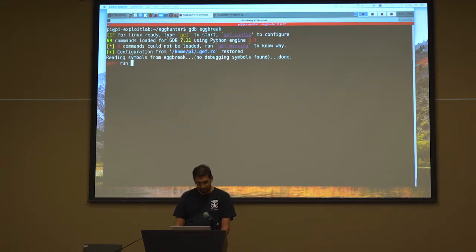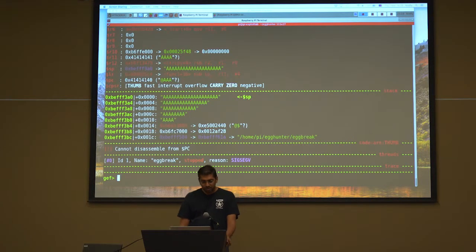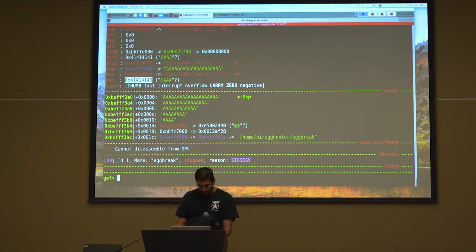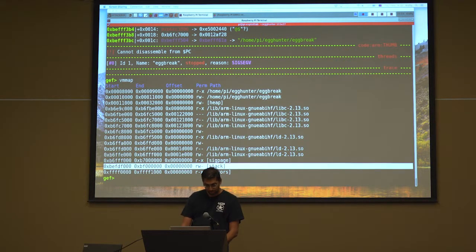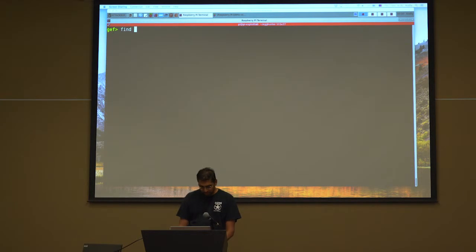If I run a regular buffer overflow, like I just give it a very large string, it's going to crash, and there it is. You're going to get a segmentation fault. We control the program counter, all that fun stuff. If we search the memory space of this process, your heap is at, in this case, address 11,000. Your stack's over here. Both of them are non-executable, as they should be. And if I search the heap,